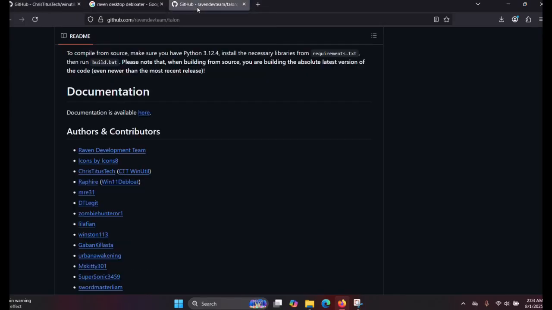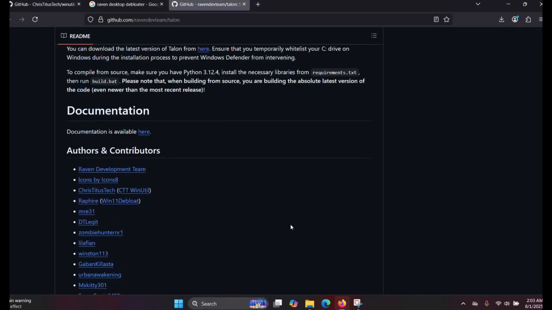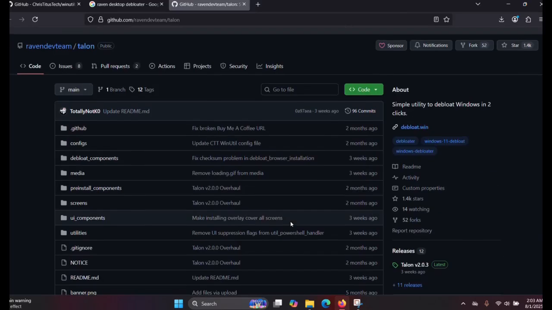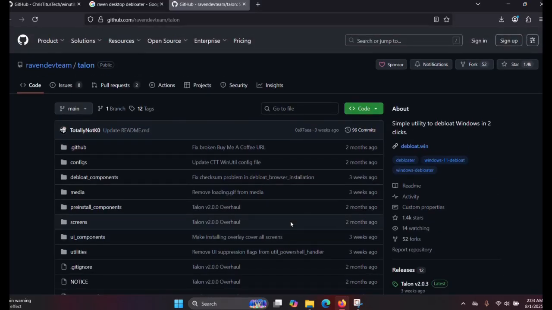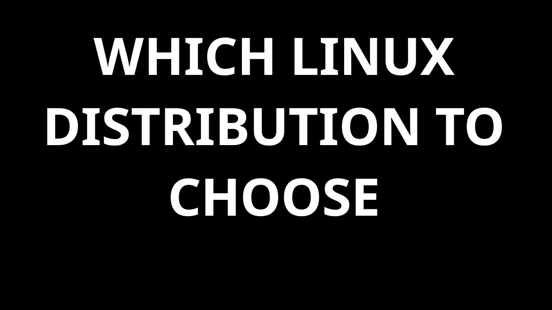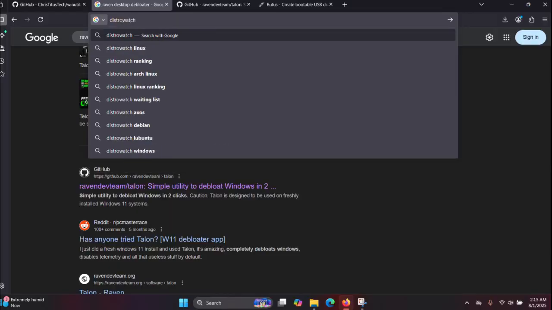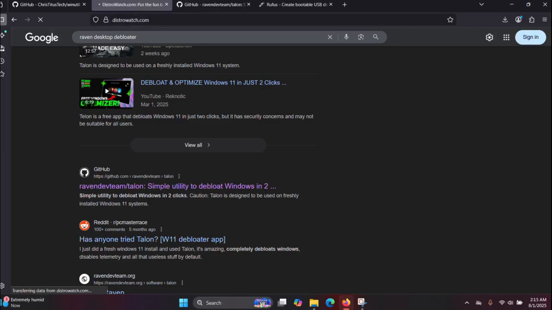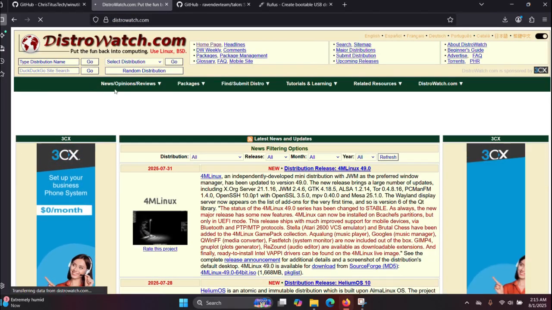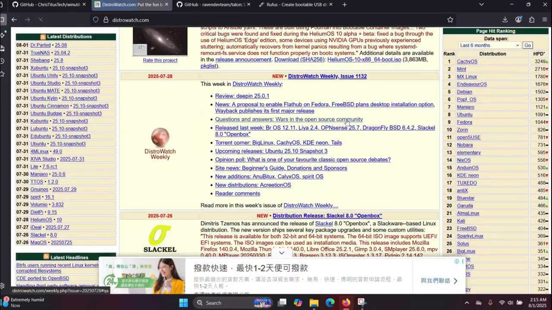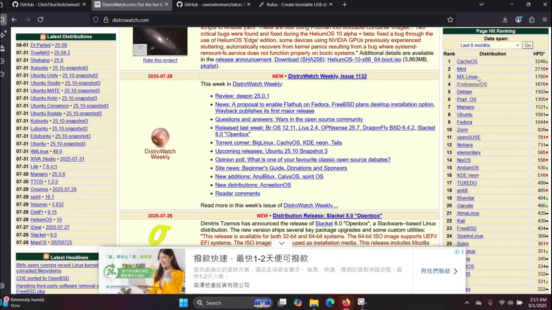I've only tried these two before. I haven't gone on to the other channels that have been referring several other debloat tools. And DistroWatch has a selection of websites on the right side here of the top Linux ISO distributions for download. And at the moment, CachyOS is at number 1, followed by Mint, MX Linux, Endeavour,